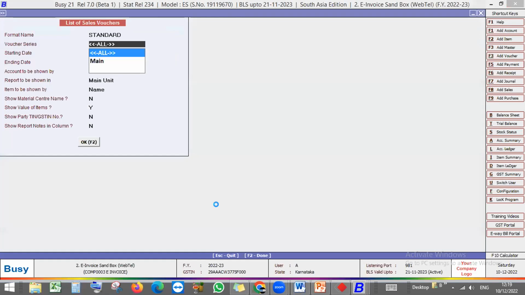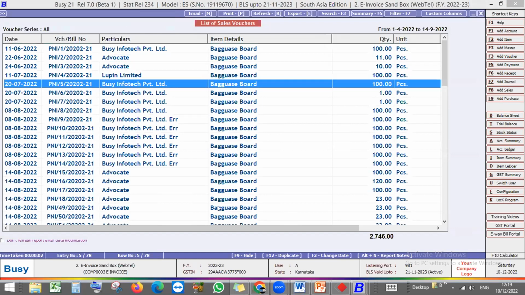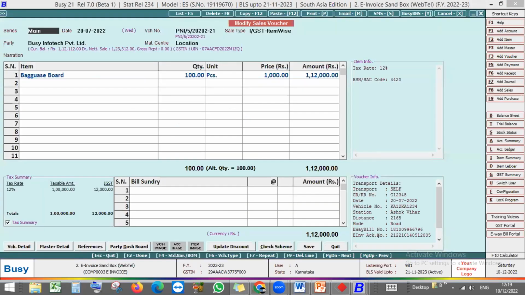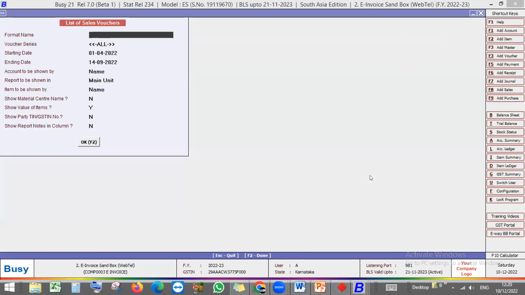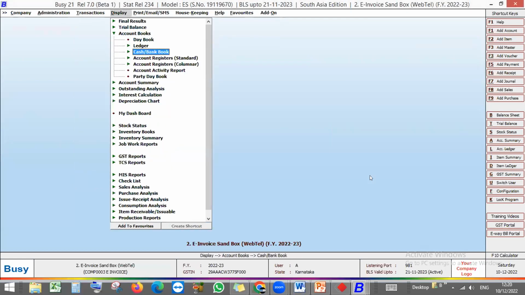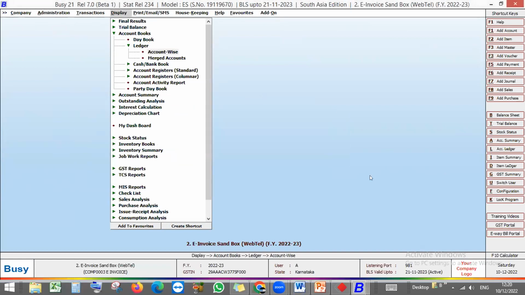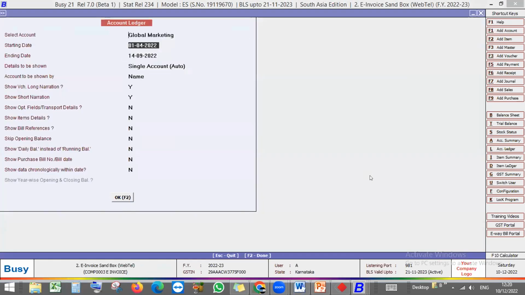I will show you here. So this is my existing entry. I can open this. So you can see here, before that e-way bill acknowledgement number was showing here. But now we made the provision to show the e-invoicing acknowledgement number. Got it? Okay. So next is account month name in the account ledger. In your account ledger statement, suppose you are exporting or viewing any of the account ledger statement, you can see here in this account ledger statement,